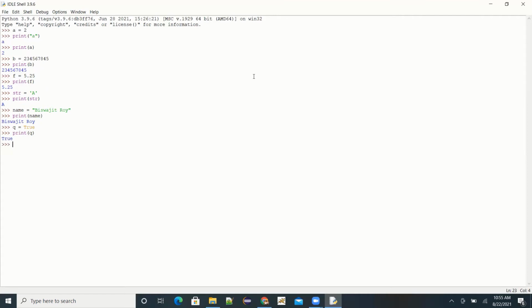Okay, so after we learned how to assign values to the variables, let's use it in practical. Say first number. This is a variable name I gave, first number, and I'll assign a value of 10 to it.